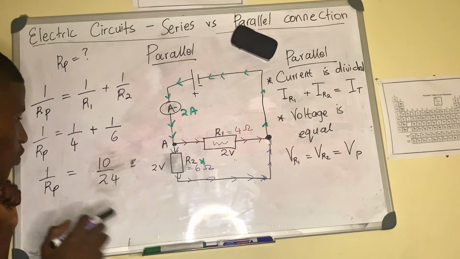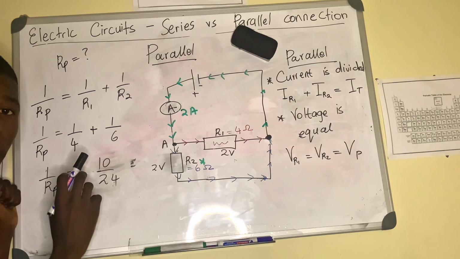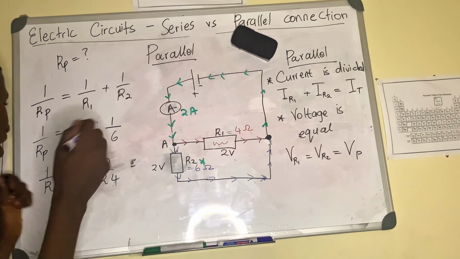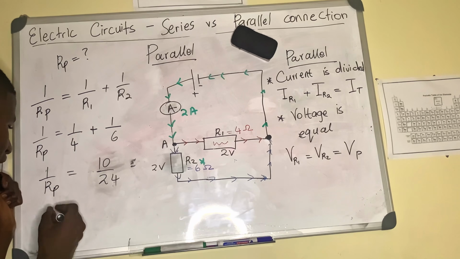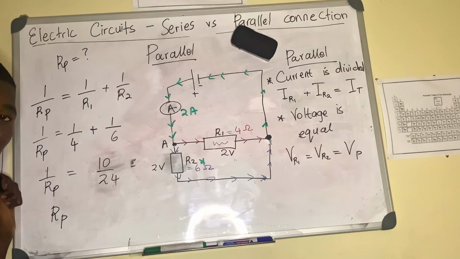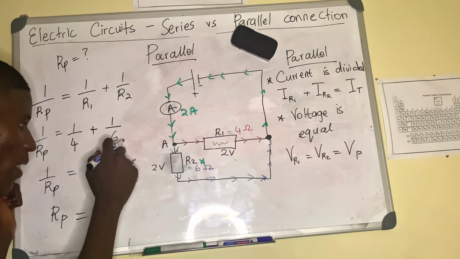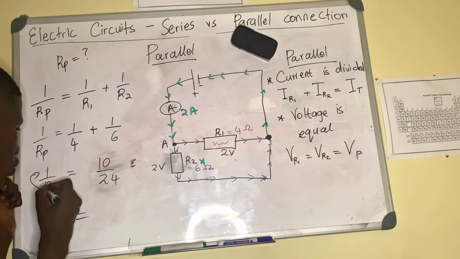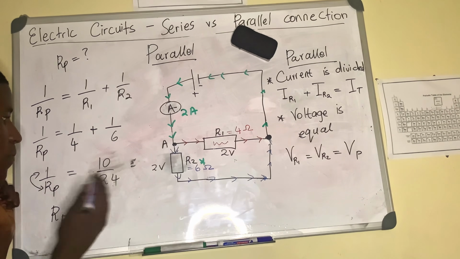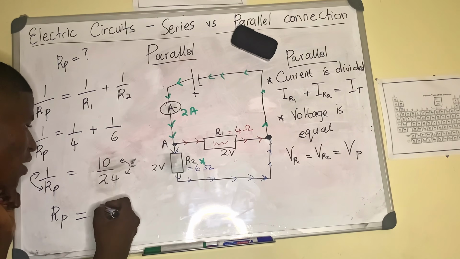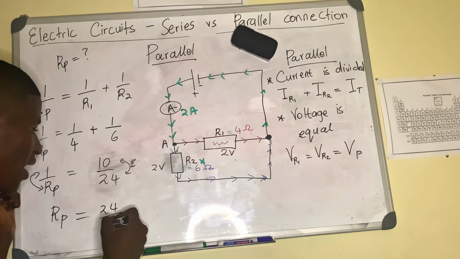In mathematics, you would cross multiply and so on, but if that confuses you, you can just flip the terms. Here you've got 1 over R parallel. Just say this will be R parallel over 1. I won't write the over 1, it makes no difference. So I flip the 24 and put it on top, so R parallel goes on top, and here I also flip this, so 24 goes on top. So this will be 24 over 10.